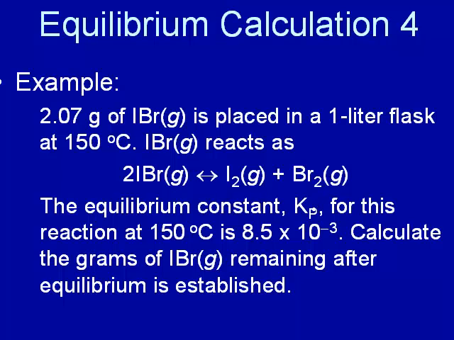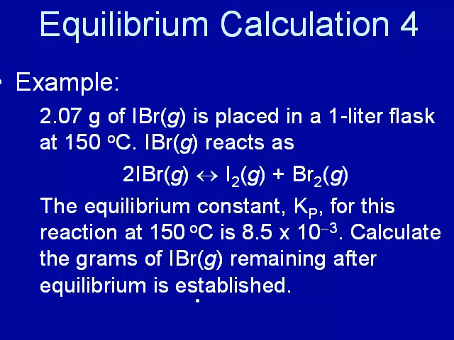Equilibrium constant in Kp. So that means that if we want to use Kp, we should probably express concentrations in terms of atmospheres. Or if we wanted to express concentrations in terms of molar, we would have to change this Kp into a Kc. Well, let's just go ahead for fun and keep it a Kp, and therefore our concentrations will be expressed in atmospheres. So we're given an initial amount of IBr, and we're asked to calculate how many grams of IBr remain